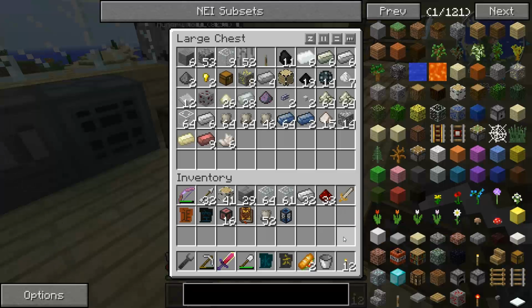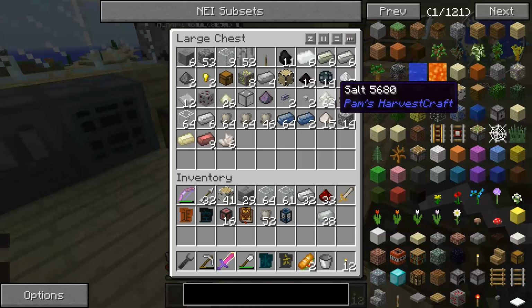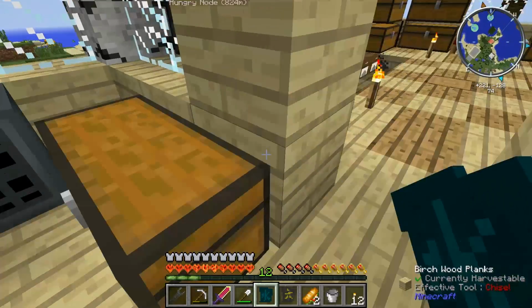We're probably going to need a bit more nether quartz. I want to make a bunch more reinforced tanks. However, we're going to need a few things for that. I think we have copper in here. Yes, we do. I want to make as many tanks as I can. How much...